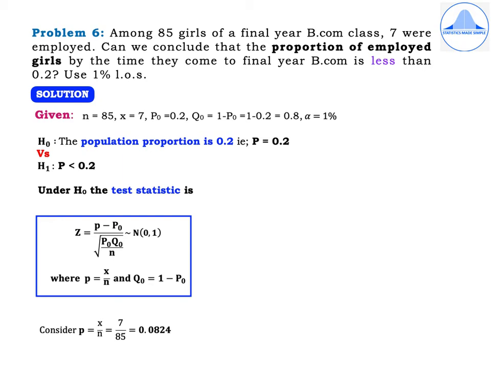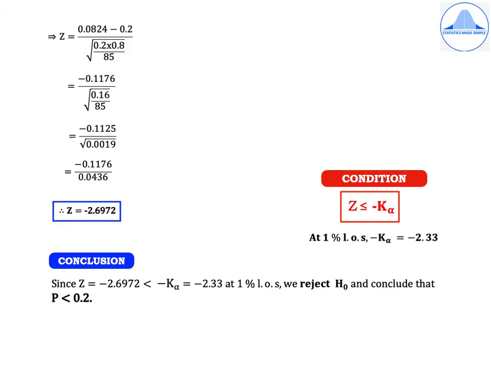Under H naught, the test statistic is Z equal to P minus P naught by root of P naught Q naught by N, which follows normal 0, 1, where P is X by N and Q naught is 1 minus P naught. So substituting, we get P equal to 7 by 85, which is 0.0824. So we get Z equal to 0.0824 minus 0.2 divided by root of 0.2 into 0.8 divided by 85, which is equal to minus